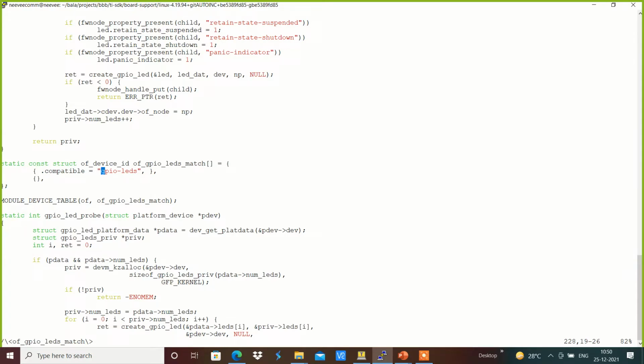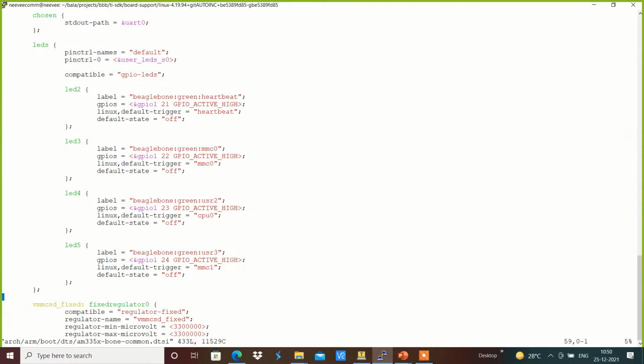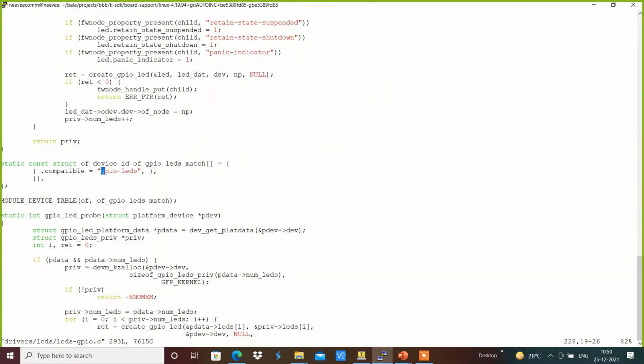It should match with gpio-leds. In the device tree we can see that gpio-leds has been provided as the compatible. Since this compatible matches with the definition present over here, this particular device tree node will be processed by this driver.